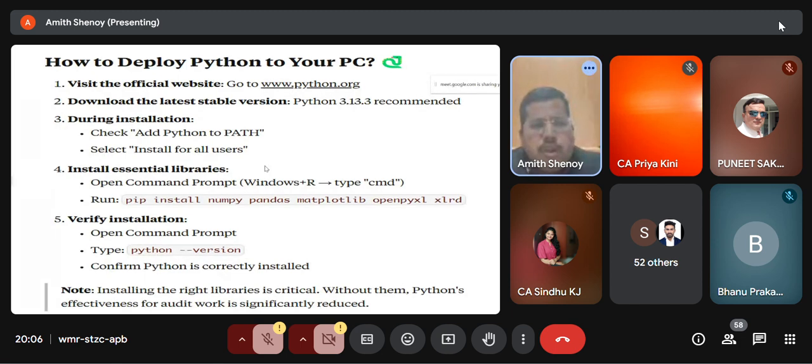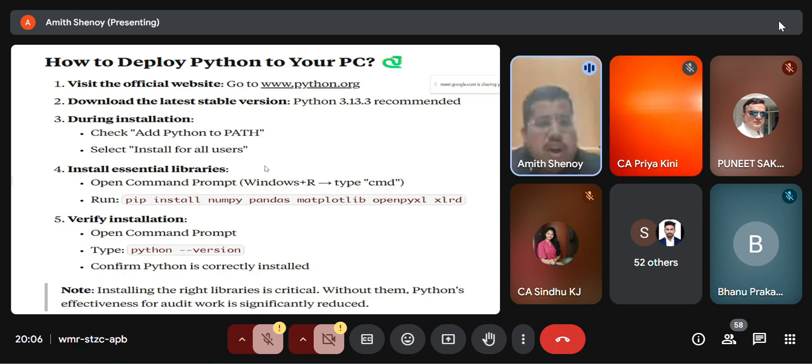While installing Python, you should ensure that you have the requisite libraries. Requisite libraries meaning, suppose you want to generate some high-level reports based on your sales register or purchase register, you require a lot of forensic kind of features. To get such features, you should install appropriate libraries. I will take you through that in the next slide: while installing these libraries, what measures or what kind of prompt you should give. That is very important. I will explain that in the upcoming slide.